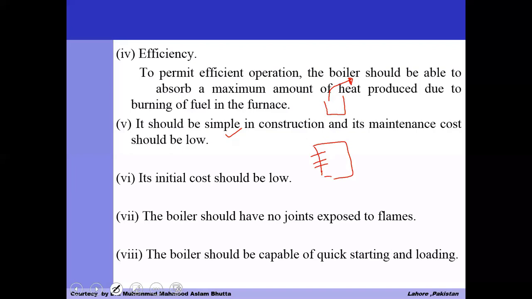The boiler should have no joint exposed to the flame. If there is some joint, whenever the boiler pressure exceeds, then the boiler fails at the joint. We know that there are stresses like residual stresses, shear stresses, compression stresses. When exerted onto this special area that is joined by any method, the failure will definitely occur first at that point. So the boiler should be formed by using a single sheet, one layer sheet of steel or aluminium or any other material.